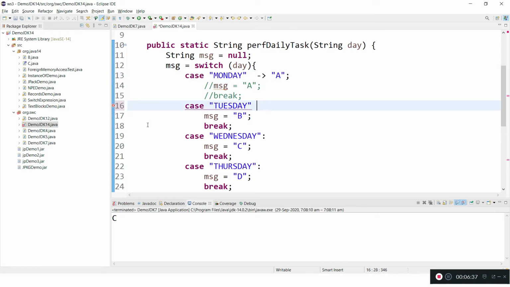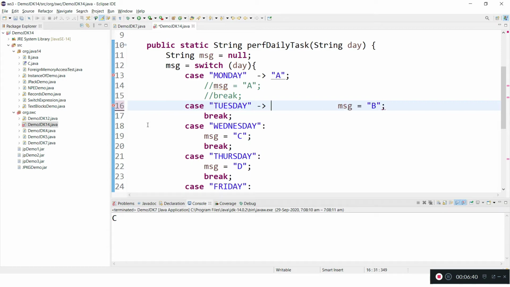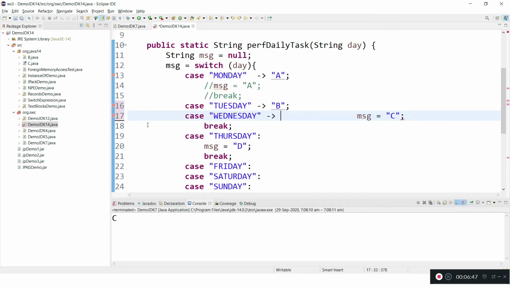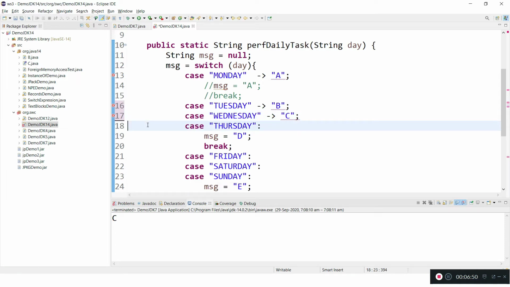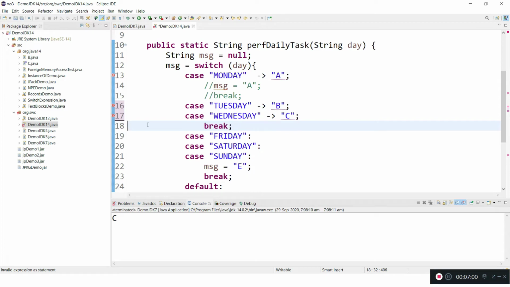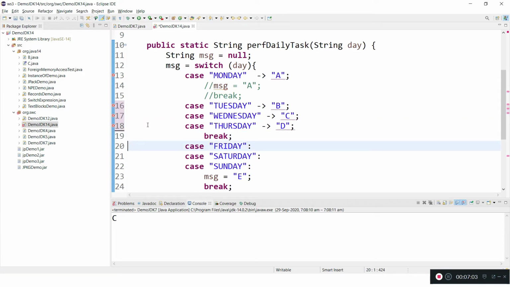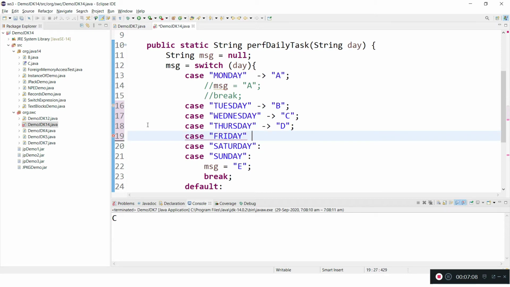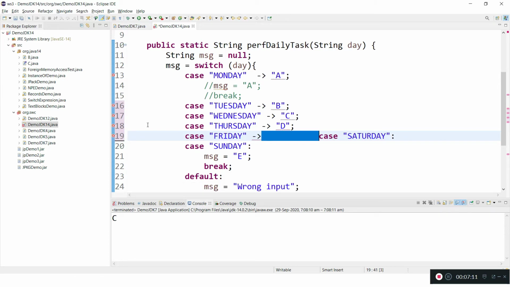And let me convert this one. Break is not required, and here, that's it. This is a very simple and more effective way we can write code. It improves the readability and gives more control to the developer, as we don't require breaks, and we don't require an additional variable to return a value.